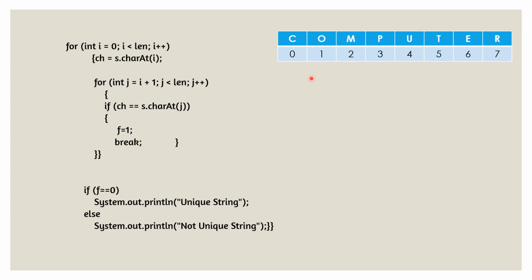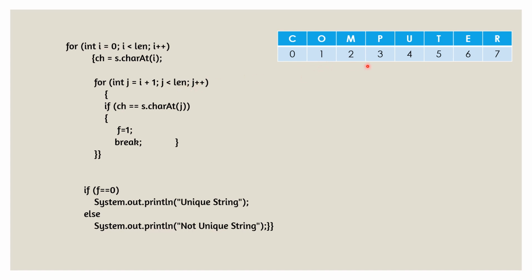In this case, we will be extracting the characters one by one. First character will be taken and then check the complete word or complete sentence if the particular character is repeating anywhere or not. If it is repeating, then it is not a unique word or unique sentence. So we can see how it is given in the program. Start the loop i is equal to 0, i less than length, i plus plus, 0 to length, the characters will be taken. First time i is 0, so c will be taken. ch is equal to s.charAt(i). So c is coming in ch and j is equal to i plus 1. At this time i is 0, that means j is i plus 1. j will start from 1 till length.